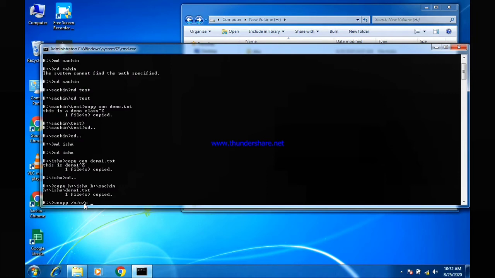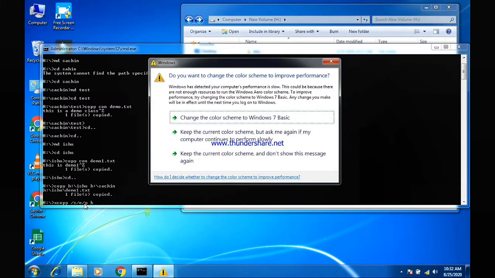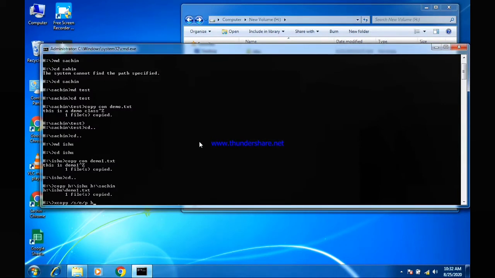Then type source. What is your source? H drive,